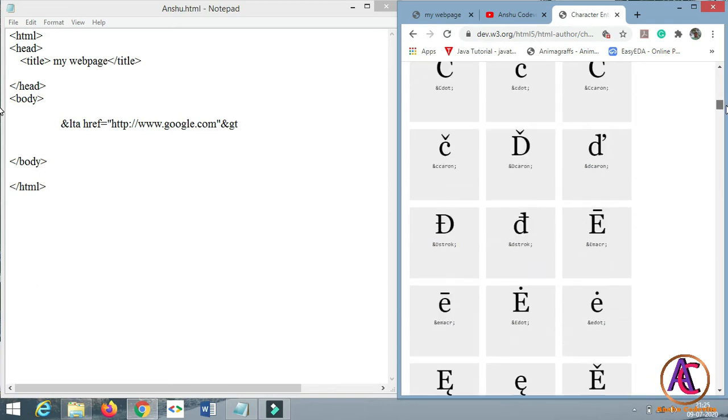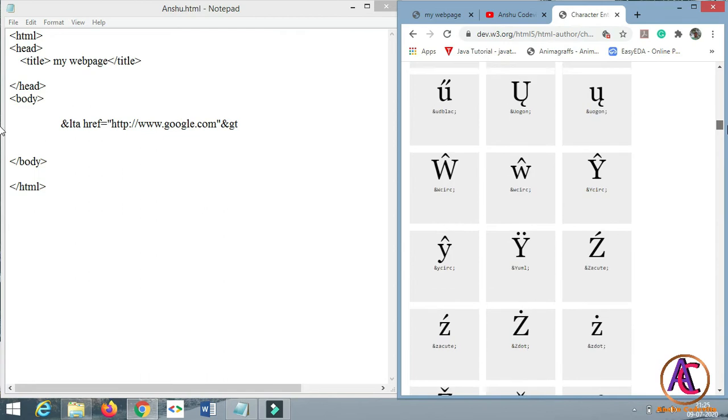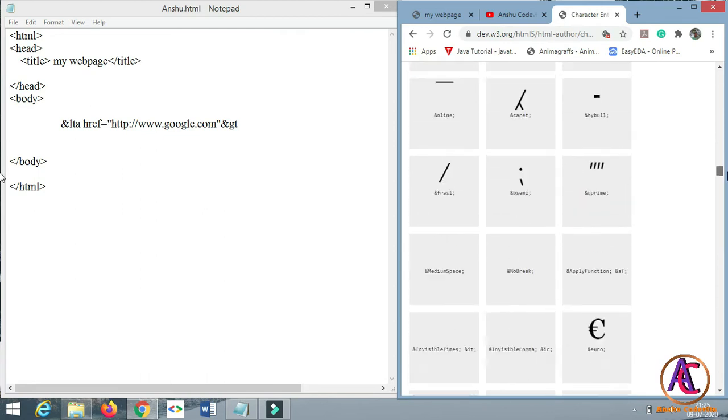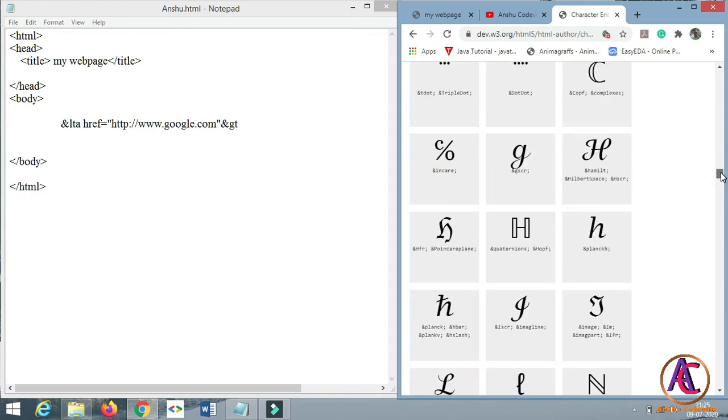There are so many for styling, alphabetic, and for symbols, for percentage and so many. So just copy the code and paste it in your code to get the entities.